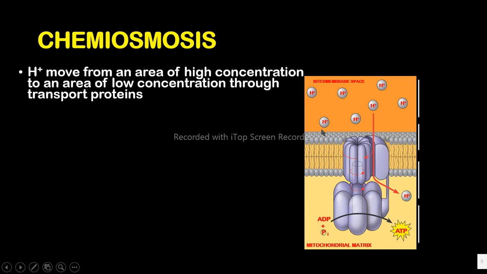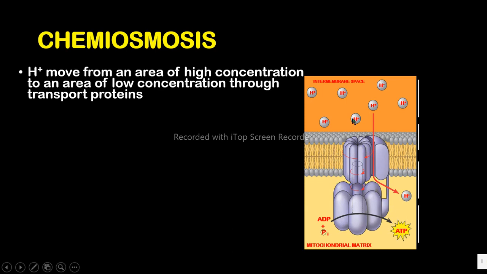So when you increase the concentration of hydrogen ions within this intermembrane space, they will tend to fall back, okay? But they can't cross this membrane because it is hydrophobic, so it doesn't allow these polar molecules to cross. As a result, they need specific ion channels within the inner membrane where they will pass. And this ion channel has a kinase activity, okay? So it is ATP